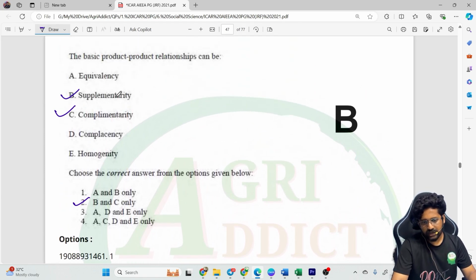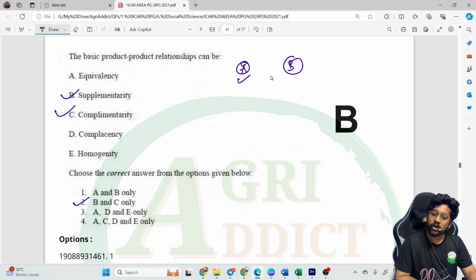So the product relationships, supplementarity and complementarity, go like this. In supplementary products, suppose there is product A and product B. If I increase the production of A, it will not affect the production of B. That is called supplementarity or supplementary products. What about complementary products? If I increase the production of A, it will automatically increase the production of B also. So the production of A complements the production of B,